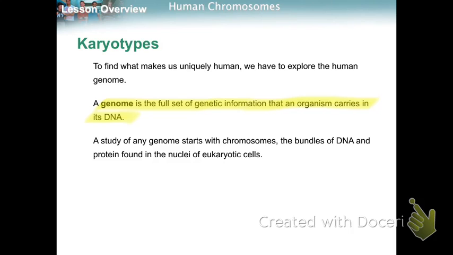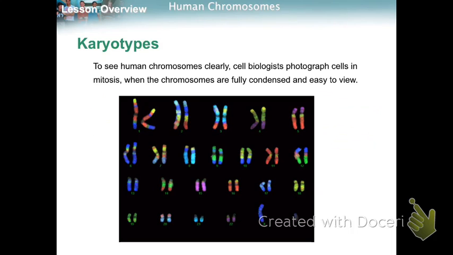The study of that genetic information starts with chromosomes, those chunks of DNA that contain many genes. And these are, again, just as a review, found in the nuclei of eukaryotic cells. Molecular biologists photograph cells in mitosis when the chromosomes are condensed and easy to view. This is a karyotype, what you see here, and as you can see, in humans, there are 23 pairs of